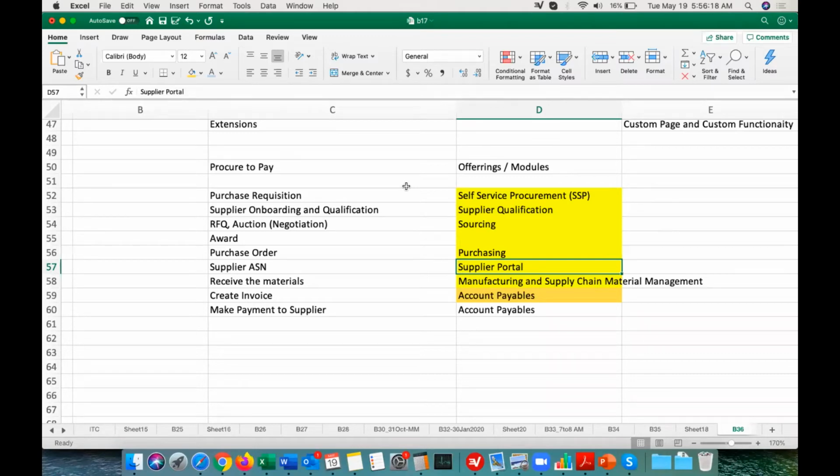Through the supplier portal they can also do it. But that concept is called consigned inventory, where they can maintain the on hand of the supplier's material in our inventory organization. There is a concept called consigned inventory. In EBS, we call it VMI, vendor maintained inventory. So that is called consigned inventory in the Fusion application.